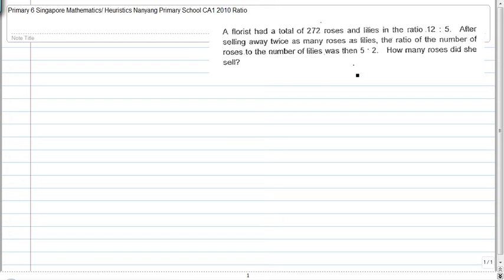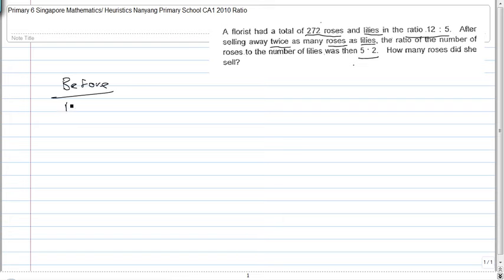A florist had a total of 272 roses and lilies, and they come in the ratio of 12:5. After selling away twice as many roses as lilies, the ratio of the number of roses to the number of lilies was then 5:2. Alright, so the before ratio,